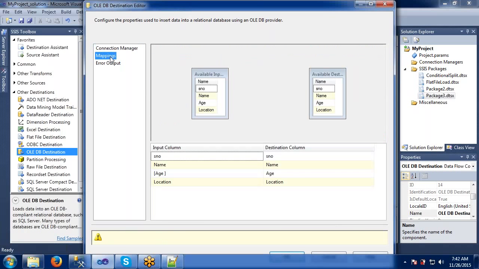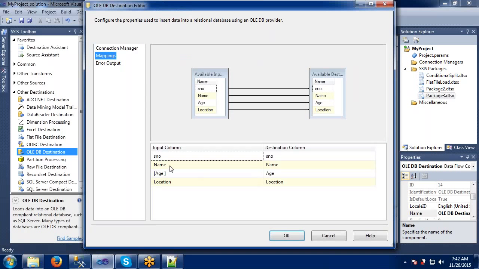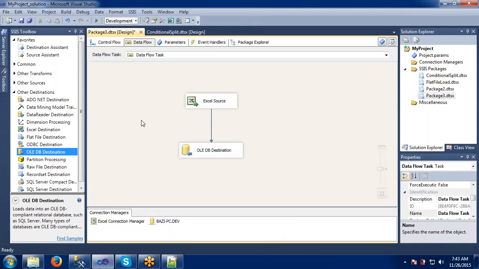Mapping. Okay, everything is mapped. Good. So my source and destination are connected successfully. When I start executing this package, my source data should come to my destination. This is the requirement.